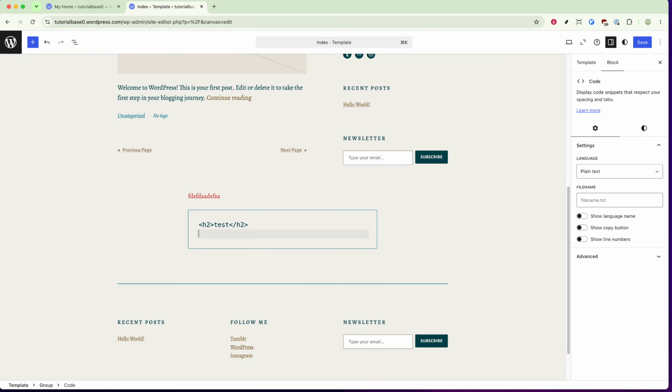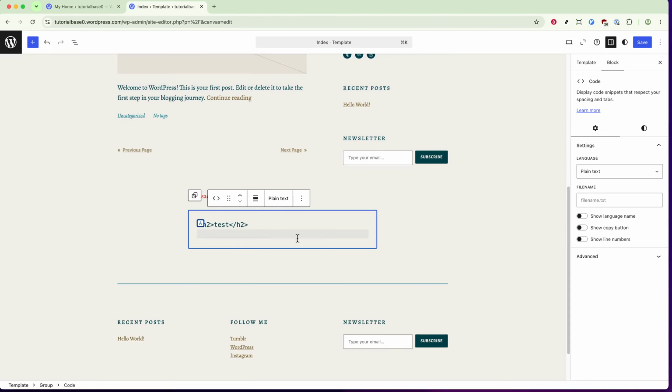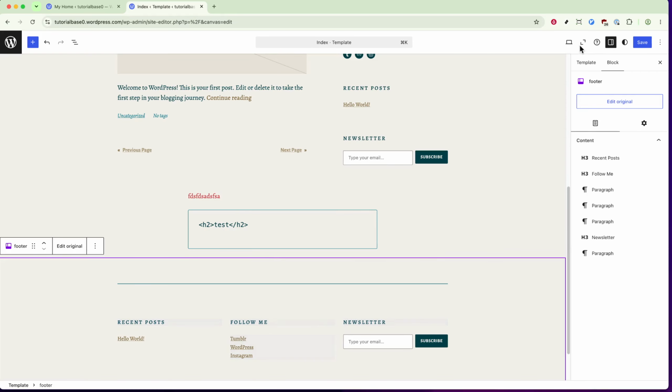Depending on whether you're editing a draft or updating a live page, you can either save the changes or publish them immediately. Once saved or published, your code will be displayed on your WordPress site for all to see. And that's how you display a code in a WordPress website. By following these steps, you can easily add custom code snippets to your site in a way that looks professional